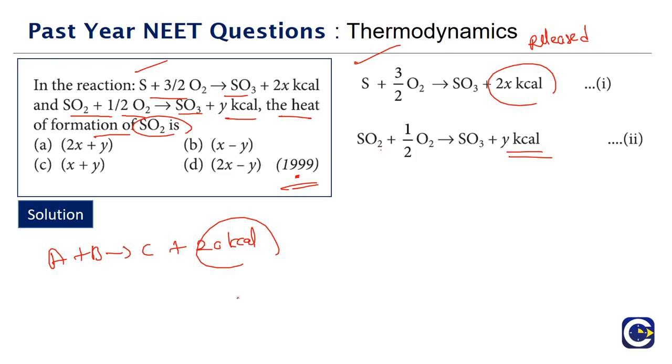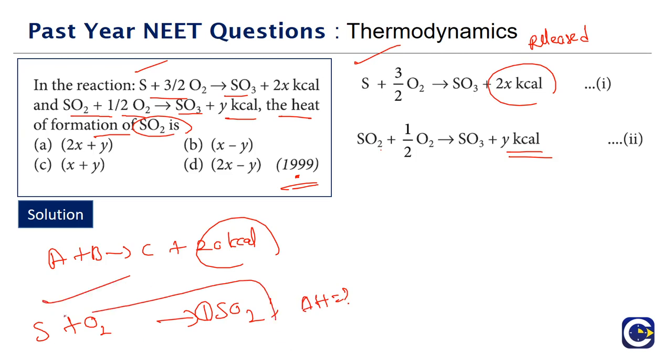What do you mean by heat of formation of SO2? Heat of formation of any substance is the enthalpy change in the reaction where 1 mole of the substance is formed from the basic constituents, meaning sulfur and oxygen. So for this, what is the enthalpy change? That's what they're asking. First look at how we get this reaction. What is our unknown reaction we have to get? This is a basic Hess law application. We have to get the reaction S plus O2 gives rise to SO2. If you look at the second reaction, reverse the second reaction.